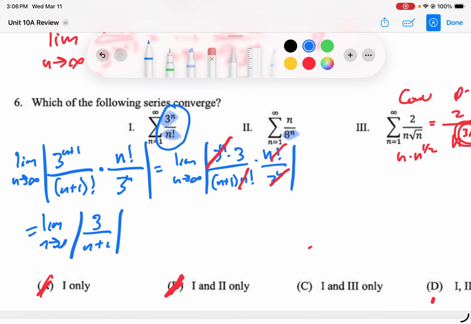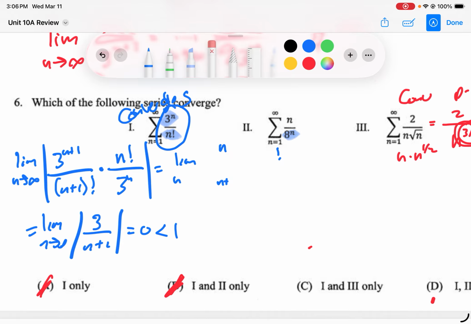Okay, that limit is equal to 0, right? And 0 is less than 1. Therefore, this series converges by the ratio test. Now we know the answer is D now, but I'm going to also just look at this one. So at infinity,